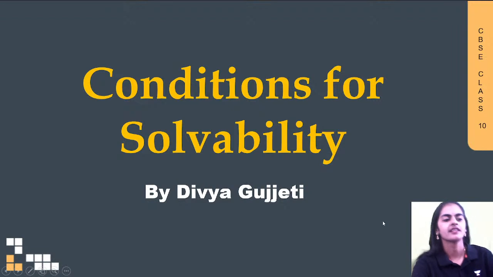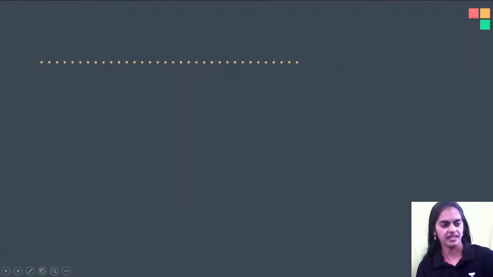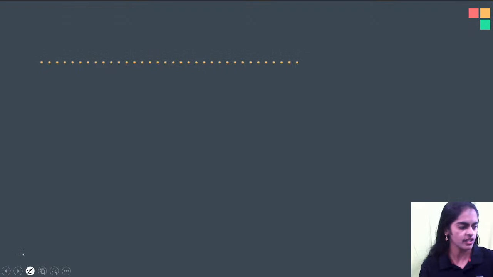So today we are going to discuss the conditions for solvability, and I am going to give you an amazing trick of how to solve this. Okay, so you know that when a pair of linear equations is given to you, you have three conditions. So let us firstly check out the general form of linear equations. So pair of linear equations,